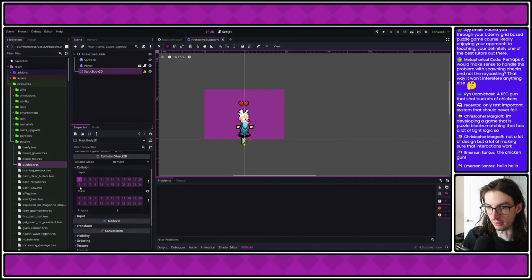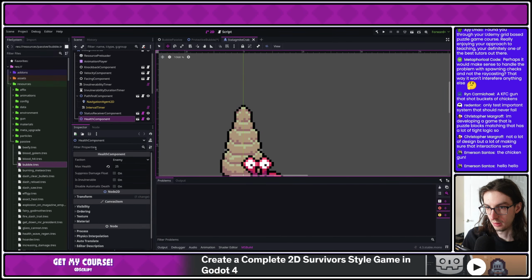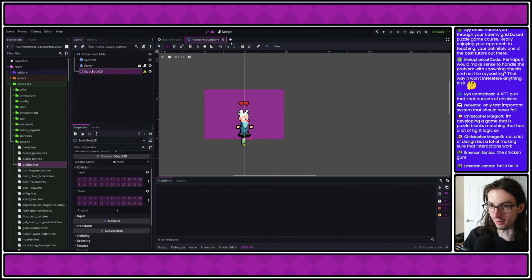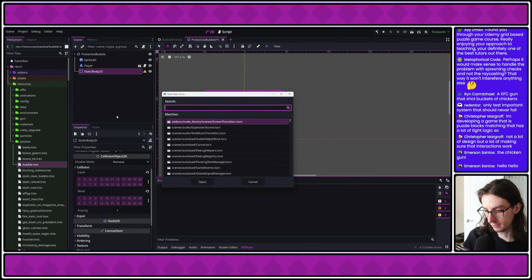So I'm going to need to use a different layer here. I was going to say I could just use the player mask there, but I don't think that's a good idea. Wait, is this mask? Collision mask, yeah. So I need the layer here to be